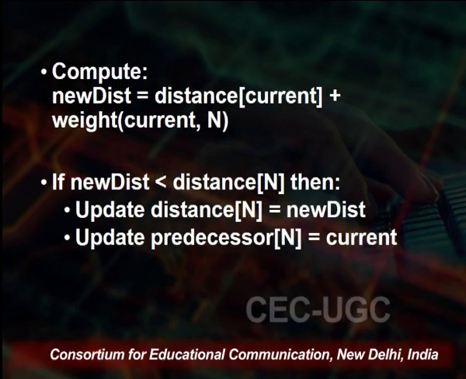So, we need to see which particular path is going to be beneficial, whether it is covering the current one, or maybe it is the direct path from the source to the next one. And we also need to mark the current node as visited,